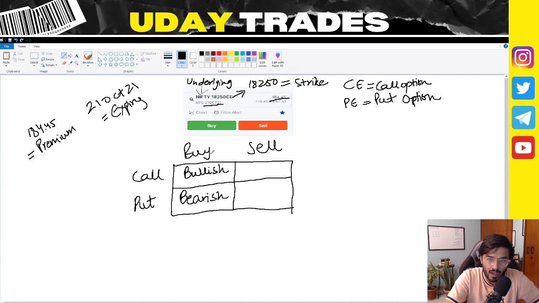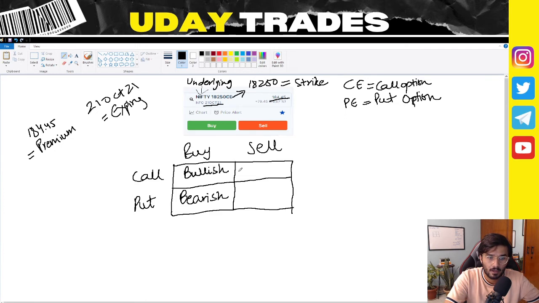The buyer wants this premium to go up and the seller needs this premium to go down. So if you are buying the call option, your view is bullish. When you're selling a call option, your view is bearish. You want the market to go down, and the seller of a call option profits when the market goes down, or the sellers also